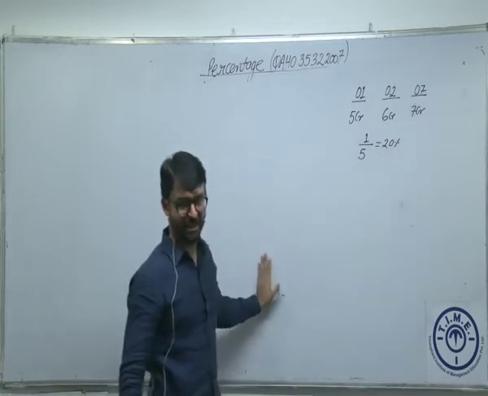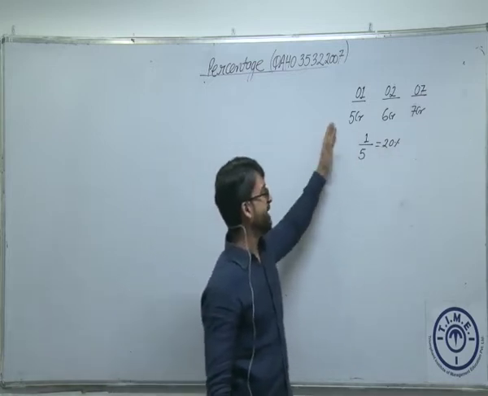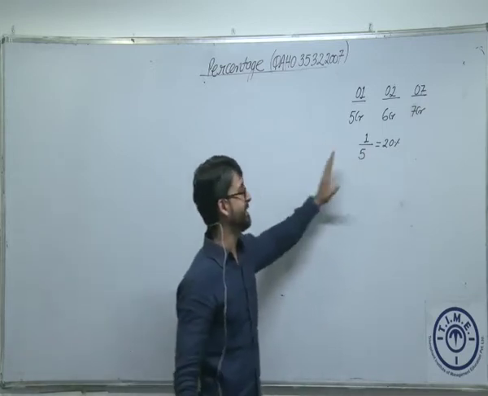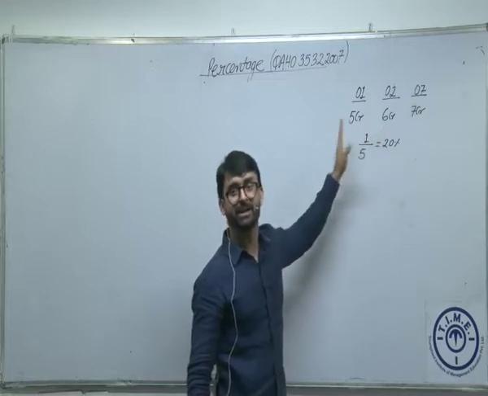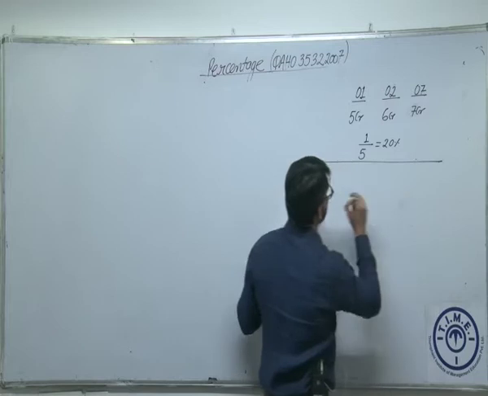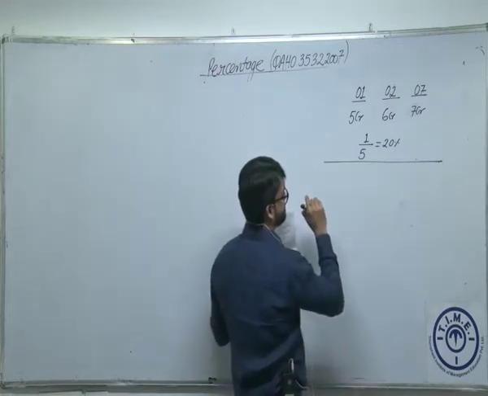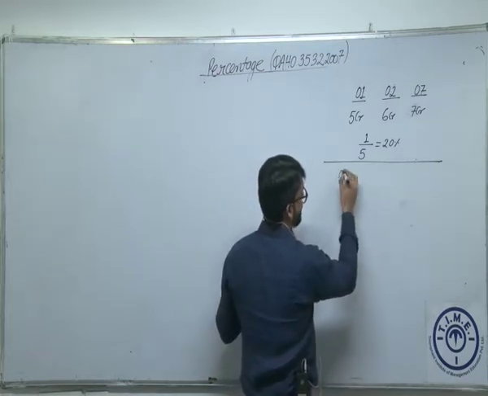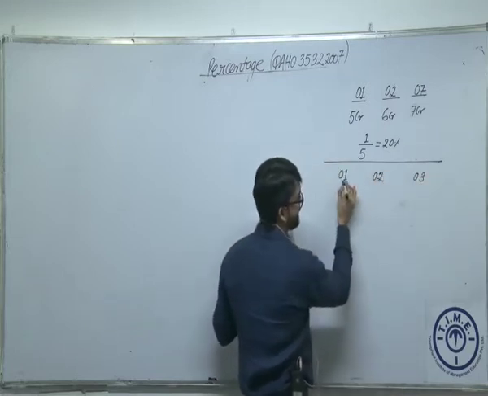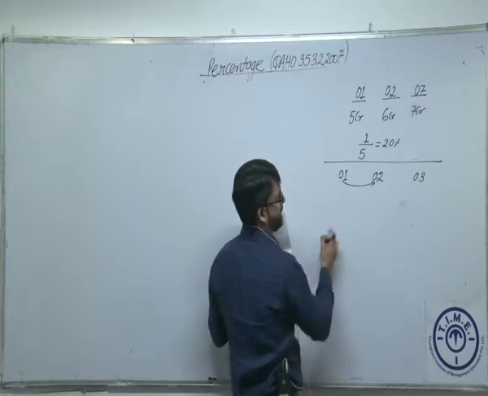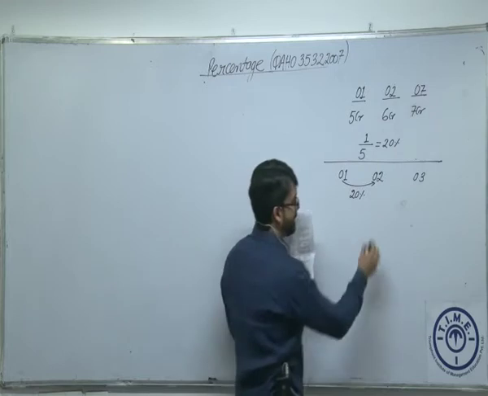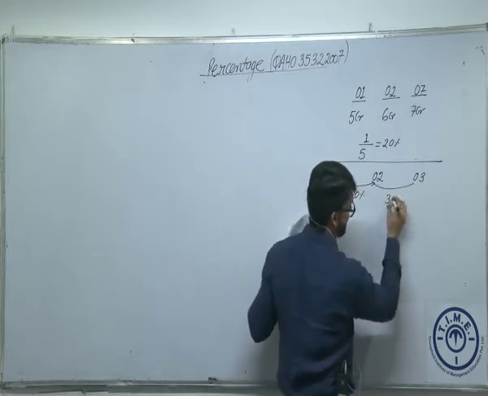जैसे बोला जाए कि 2002 में रेवेन्यू 2001 के रेवेन्यू से कितना ज्यादा है? 1 करोड़ ज्यादा है. 2002 का रेवेन्यू 2001 के रेवेन्यू से किससे ज्यादा है? 5 से ज्यादा है. 1/5 is what? 20%. हम इसको ऐसे भी बोल सकते हैं कि कंपनी का रेवेन्यू 2001 से 2002 में 20% बढ़ गया है. This is percentage change. Is that okay? We have been doing these things. I was not incorporating this terminology percentage change, but this is something which you need to understand, that percentage change is nothing, it's just percentage increase or decrease from the base value. Fine. Now, if I say 2001, 2002, 2003, same company, यहां से यहां पर इसका रेवेन्यू बढ़ गया है 20%, और यहां से यहां पर इसका रेवेन्यू बढ़ गया है 30%.